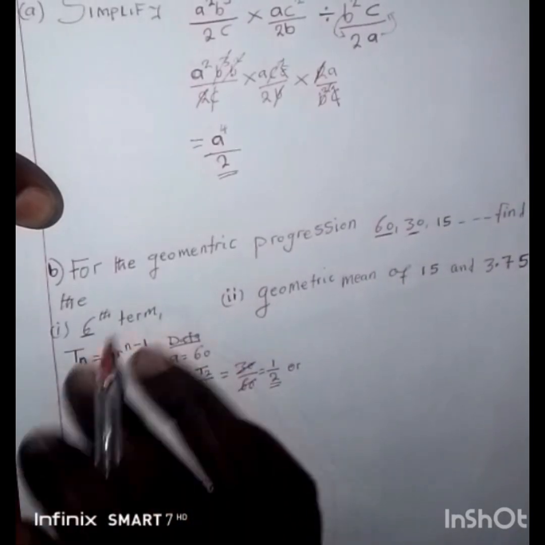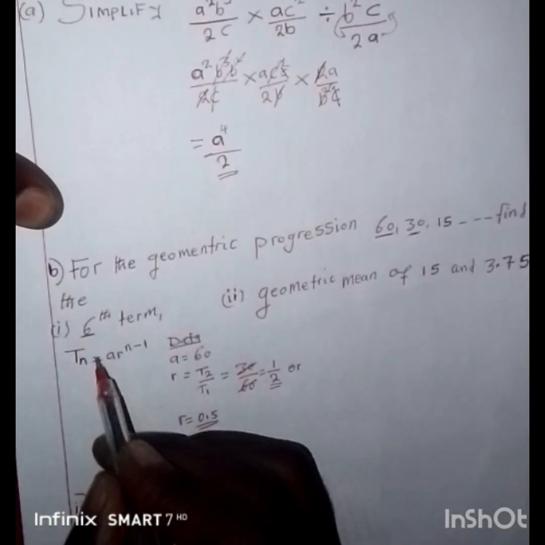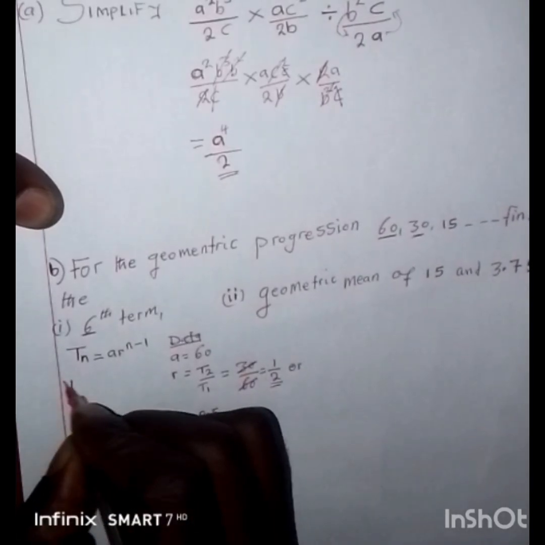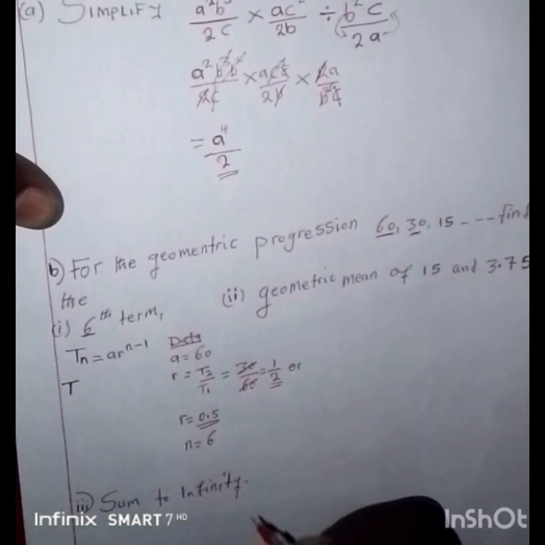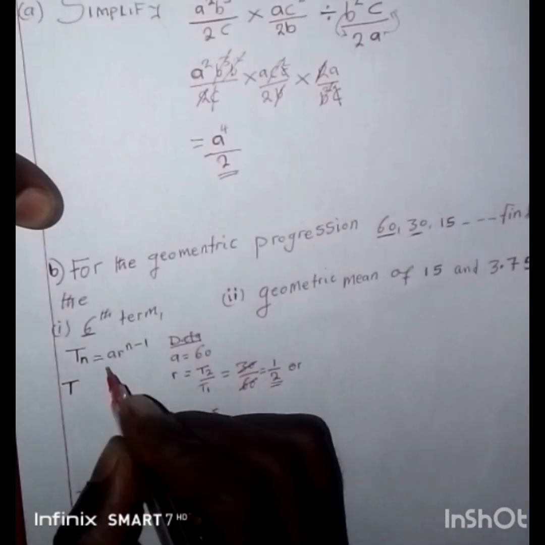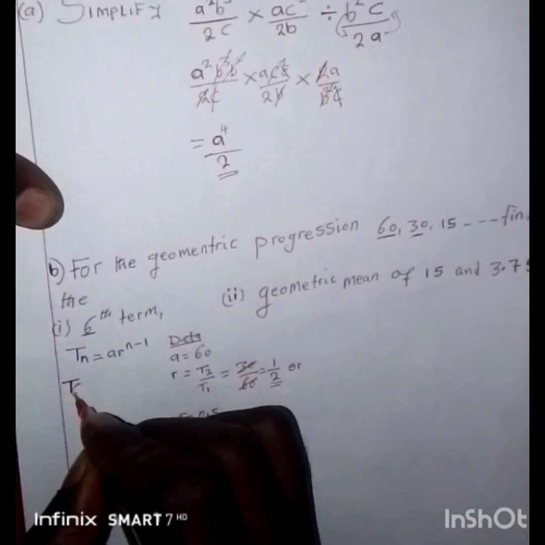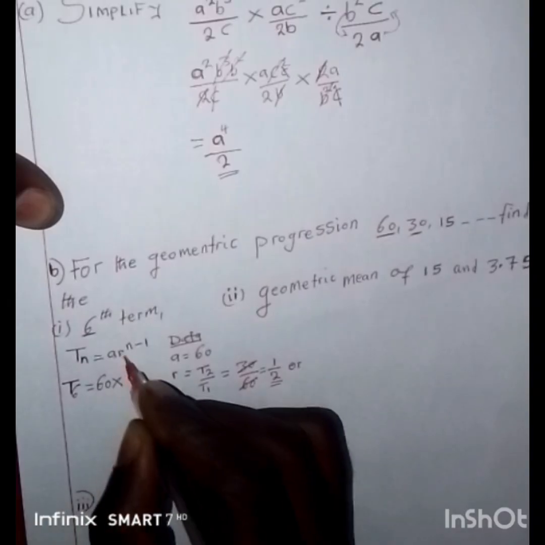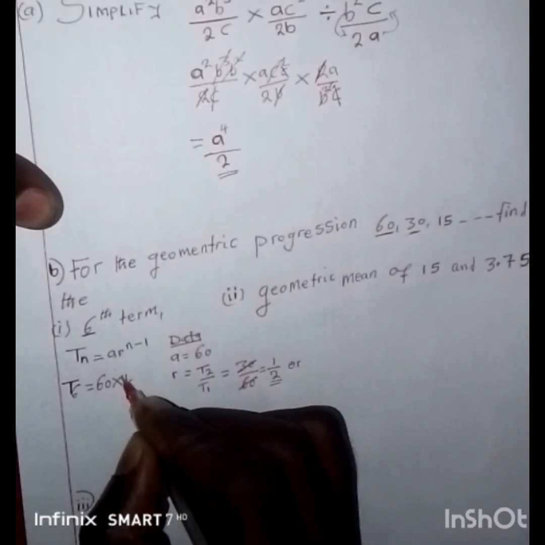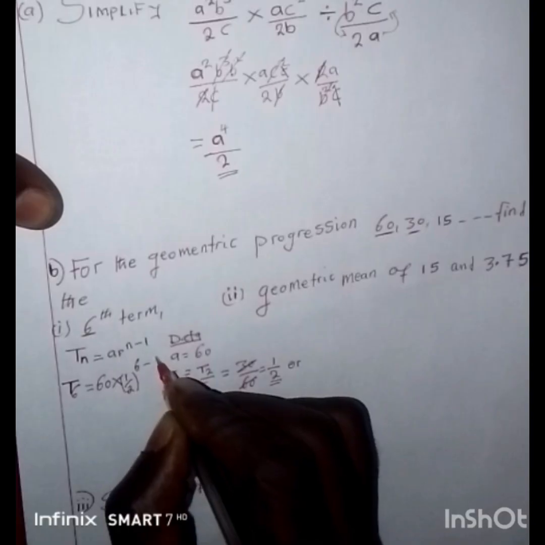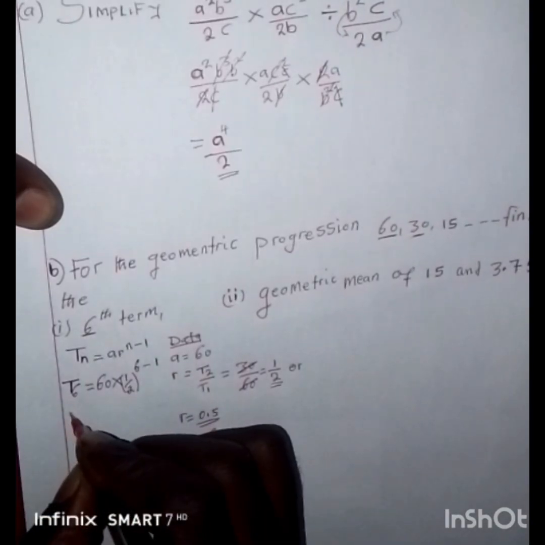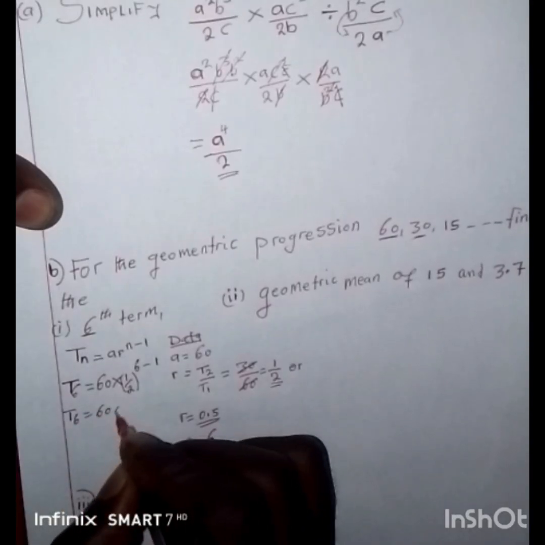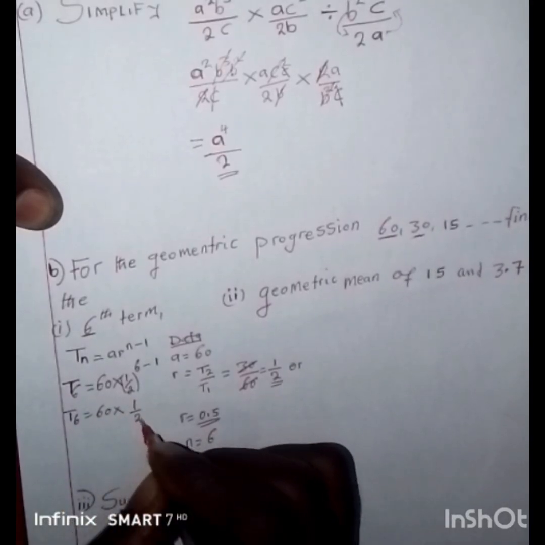Then now, since we have this data here, we can easily find our nth term. Our n is 6. So we can now start replacing the values according to the data that we have. So T6 is equal to what is our first term? It's 60 multiplied by what is our common ratio? It is half. Then power 6 minus 1. Right. So from there, we're going to find T6 is equal to 60 multiplied by half power